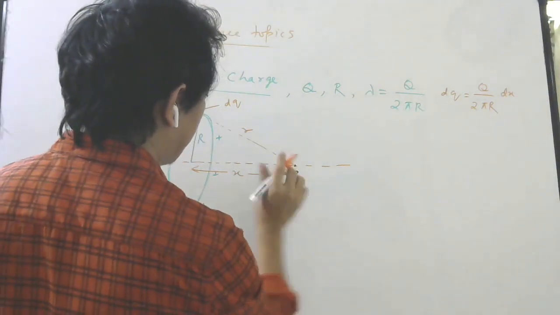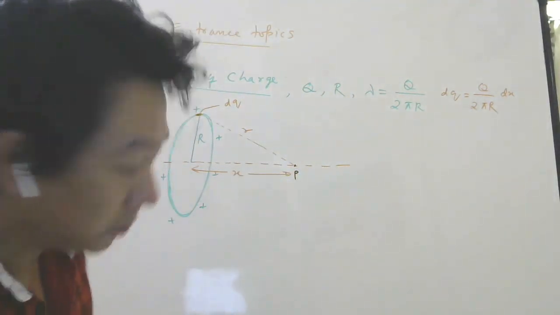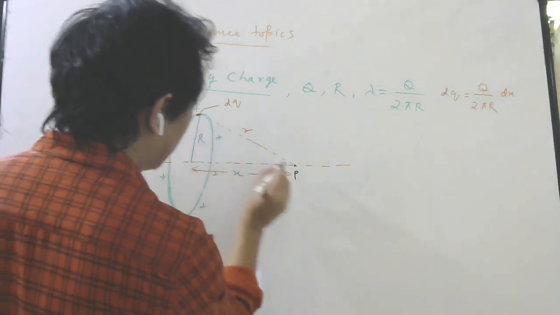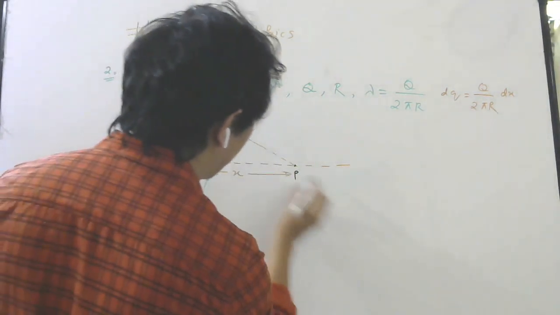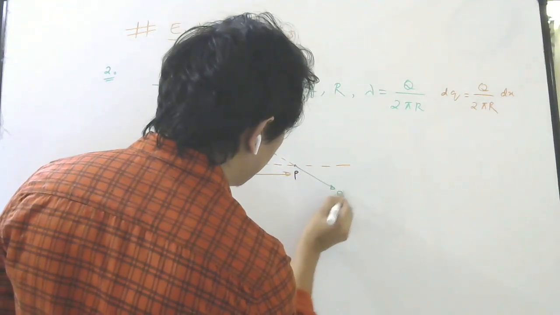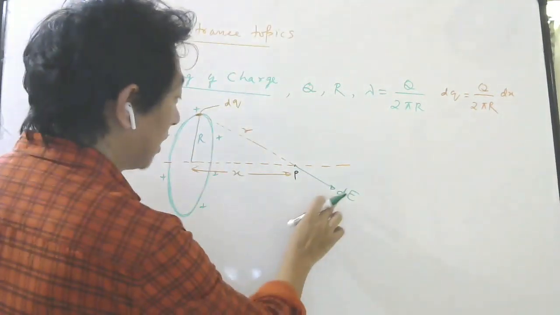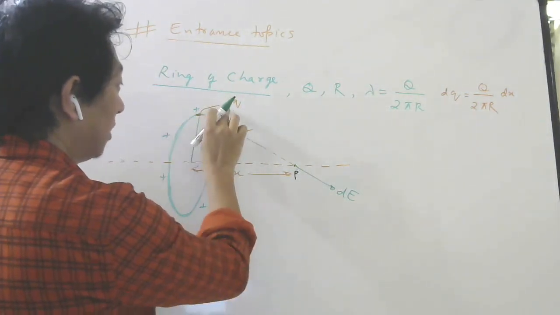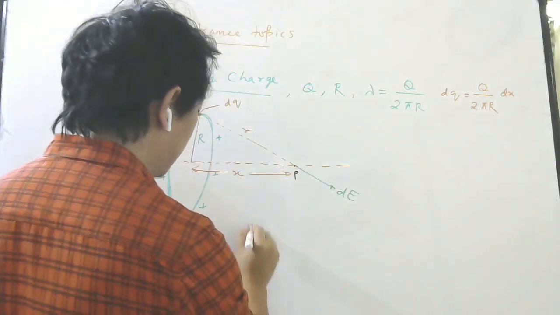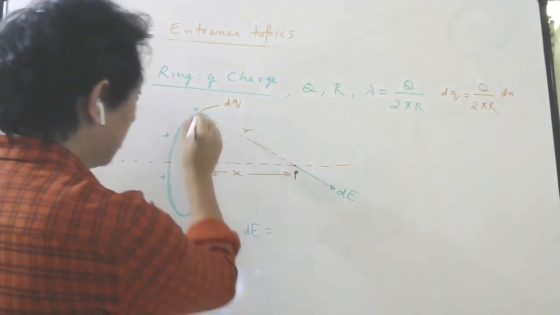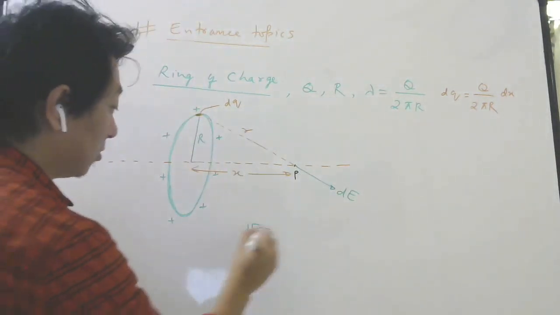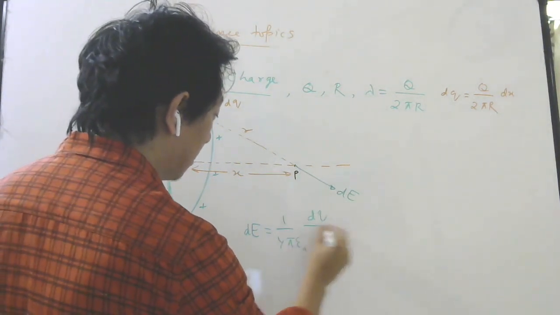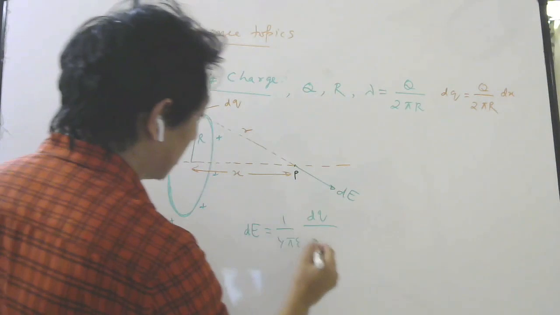So the electric field here, the direction will be where? Since it is a positive charge, it will be along the line joining the source charge and the point, and it will be away. So this will be your dE. What is dE? The electric field produced by this small part of the charge, which I am calling dq. What will be the formula for dE? Since it is a point charge, a small part can be taken as a point charge. So dE will be 1 by 4 pi epsilon naught, dq divided by the distance from here to here, r